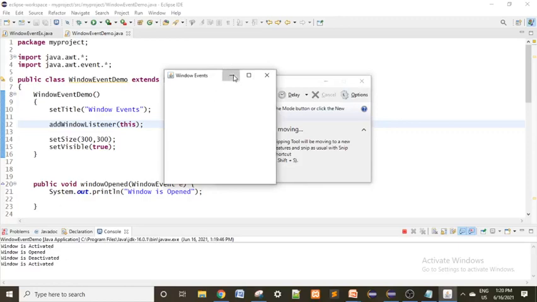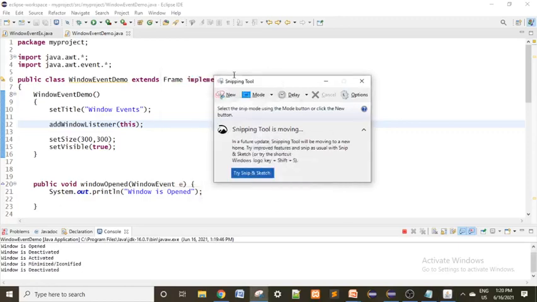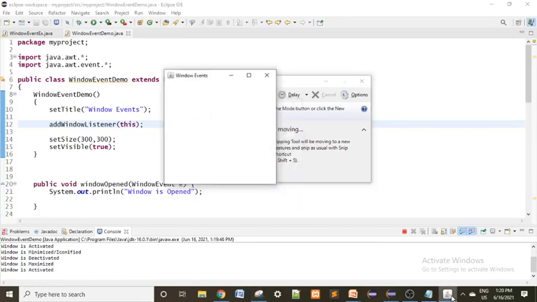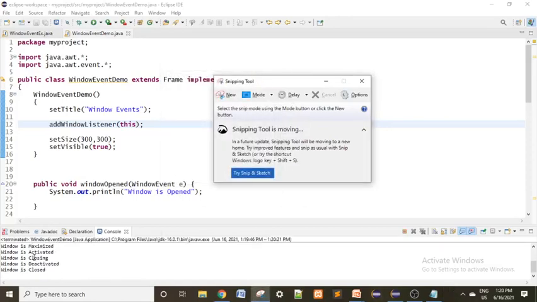When you minimize, the window is minimized and also deactivated. Again when you open that window, it is maximized and also activated. When you close this one, the window is closing, deactivated, and closed. This is all about how to handle window events. Thank you.